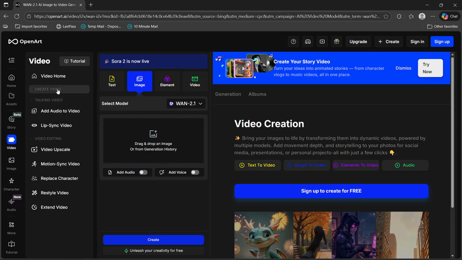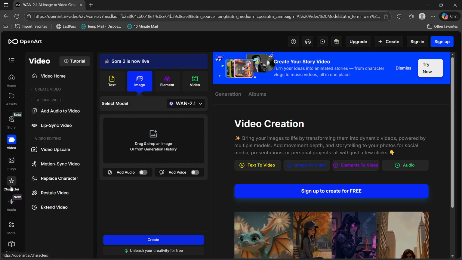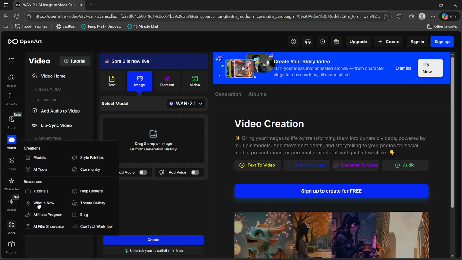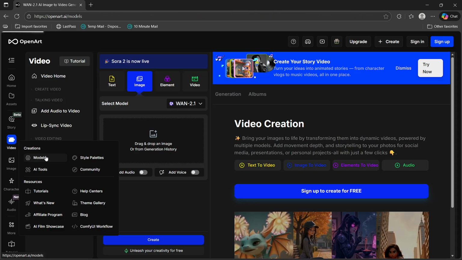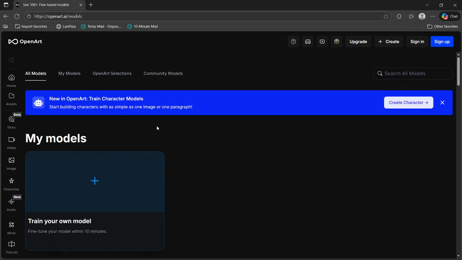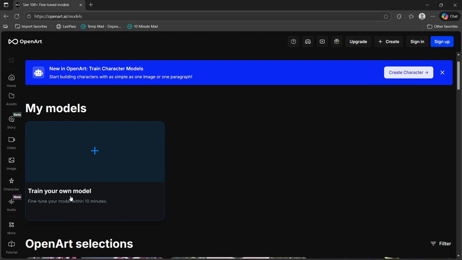So once you see it, click more so that you will be able to see. So once you see models, you will just have to click it, and then you will basically just wait for it to load. And now that you see train your own model, you will just have to click the plus